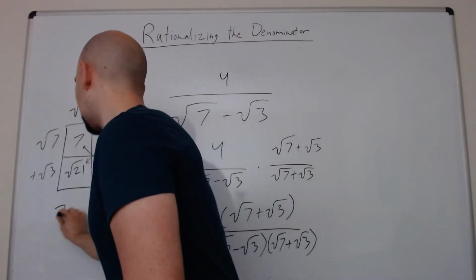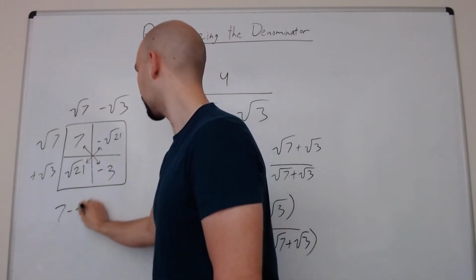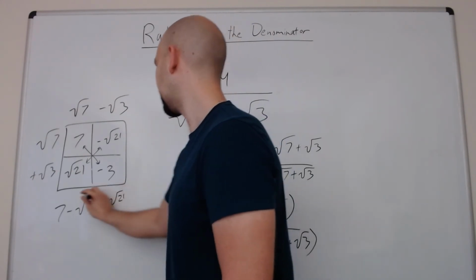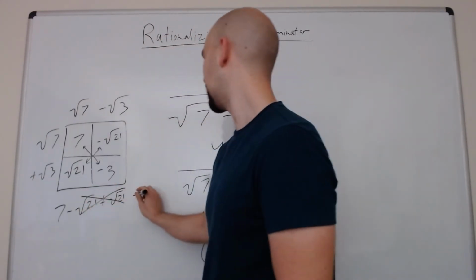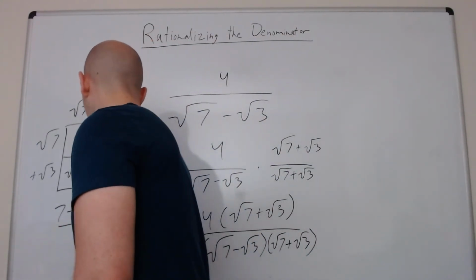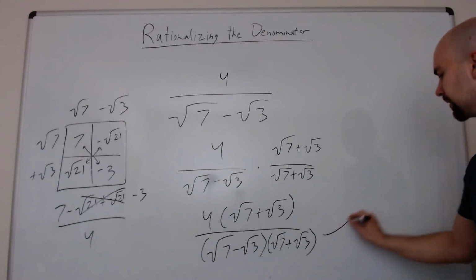Just to spell that out a little more clearly, 7 minus the square root of 21 plus the square root of 21. These two are going to cancel each other out. Minus 3. What's 7 minus 3? 4. So we have rationalized this denominator, and I'm going to have to draw it up here again because the